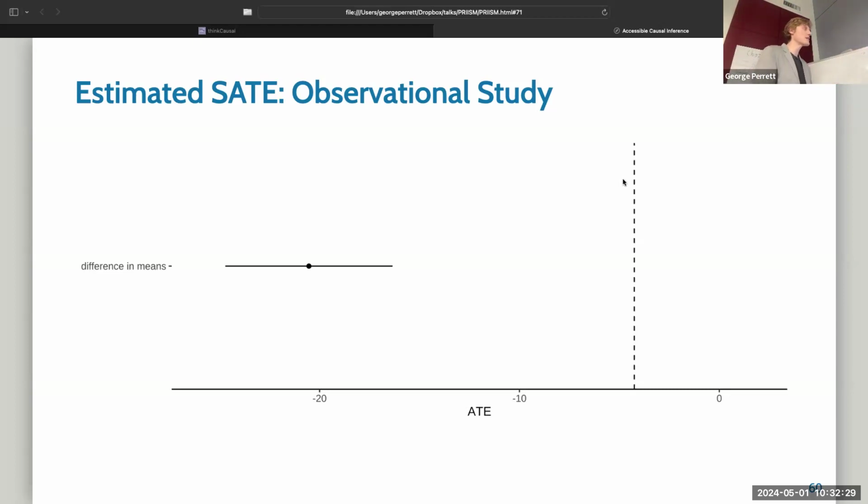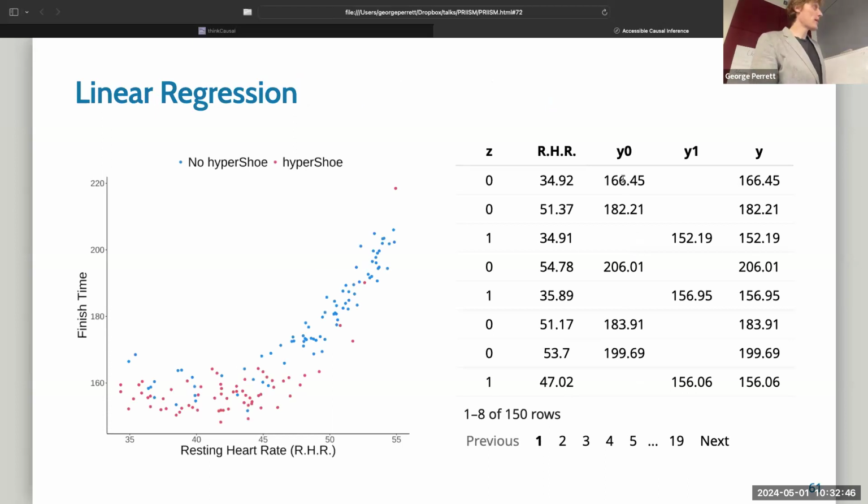And so we could get a really wrong conclusion here. Like if you're giving this to a stakeholder and you're saying hypershoes will cause you to run 20 minutes faster on average, that is just not reflecting the reality. It's a big, big, big magnitude error. Okay, so we know that we also expect the difference in means to do kind of poorly, because remember, we're